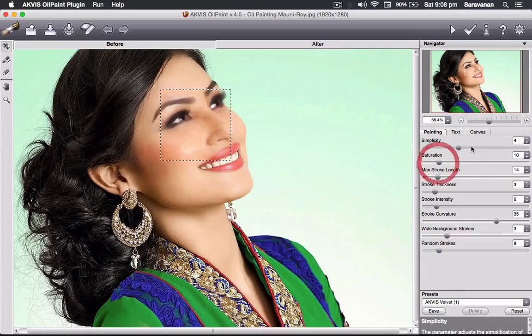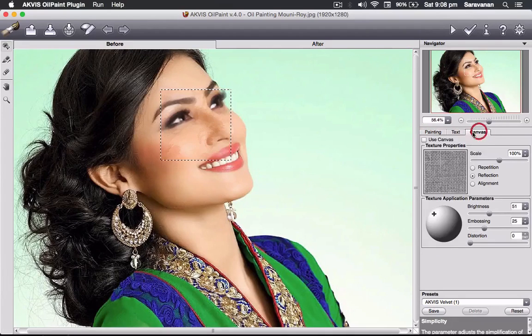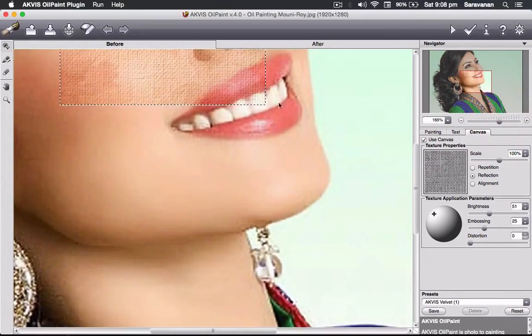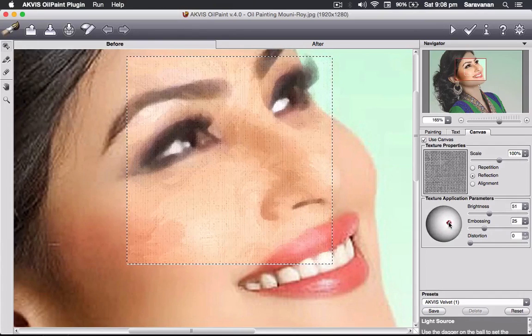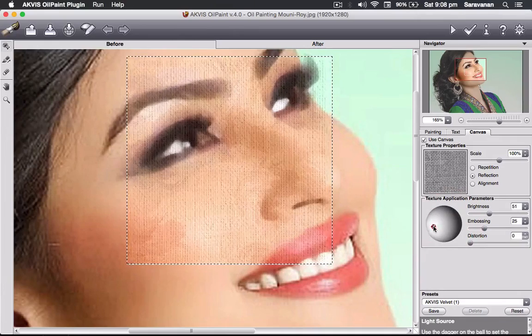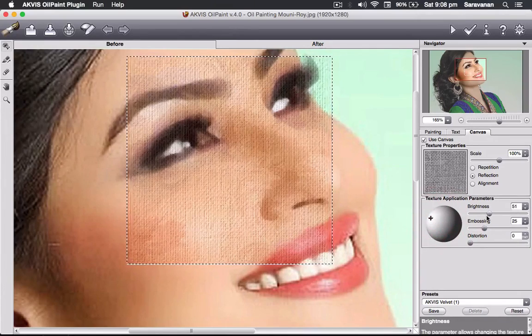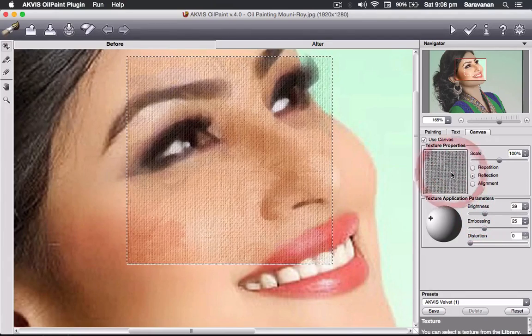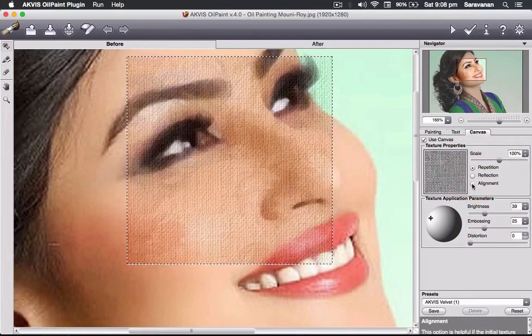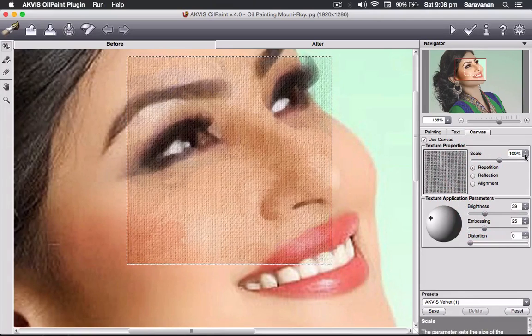Everything is smooth. When I make my simplicity level 2 or 3, and when I use my canvas inside, you can see this clearly, like there's a match, right? The lighting side, where you want the light to fall, is actually very good. So set how much brightness you need, and then the repetitions or any alignment,